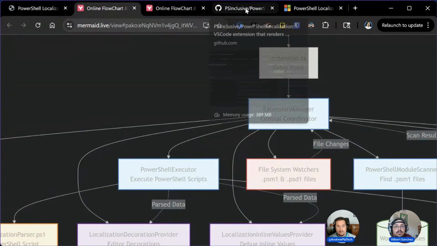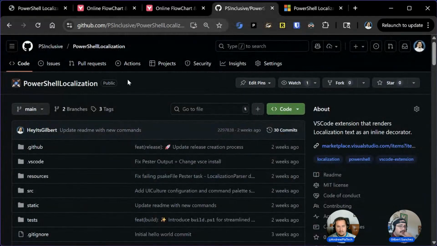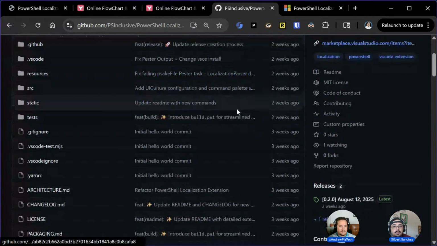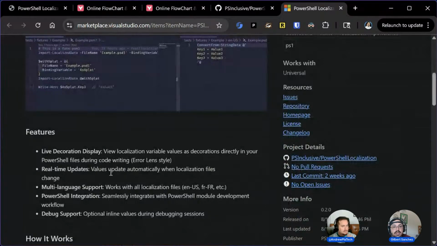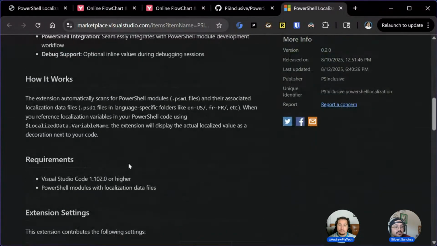I'll dig into the architecture in a second, but all that code is available under PowerShell PS inclusive, like I mentioned, under the PowerShell localization. The module gets released, and you can download it, and you can see examples. And again, most of this was vibe coded,